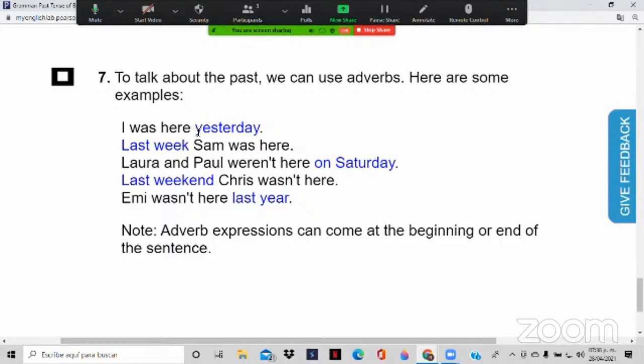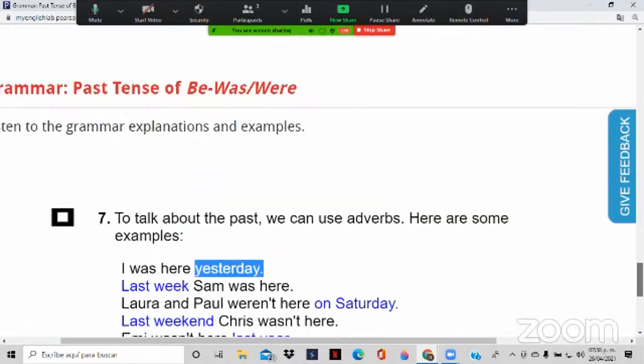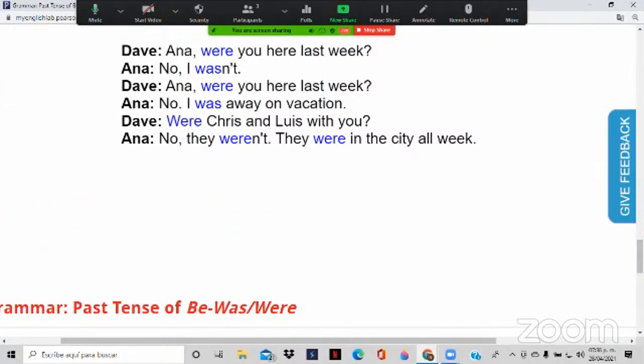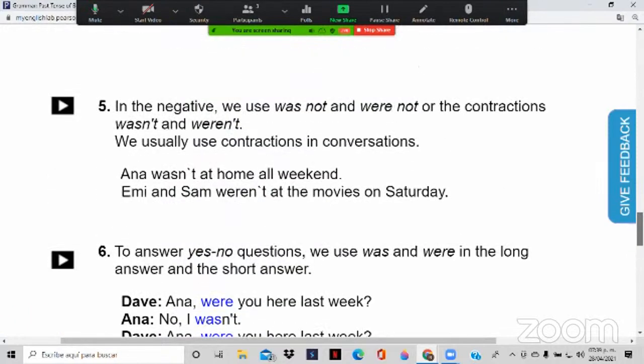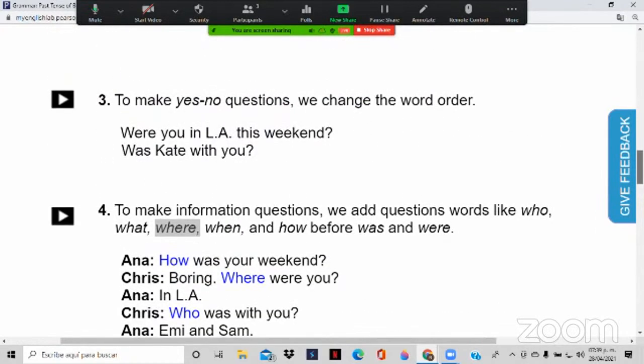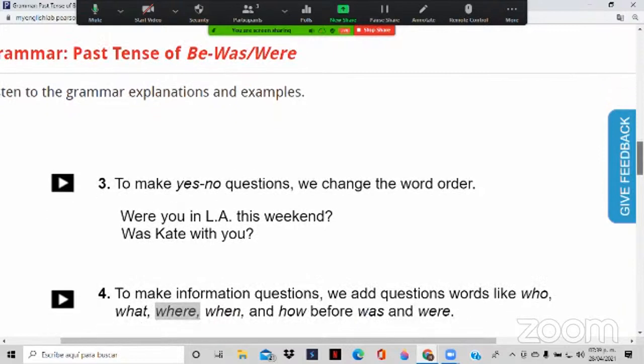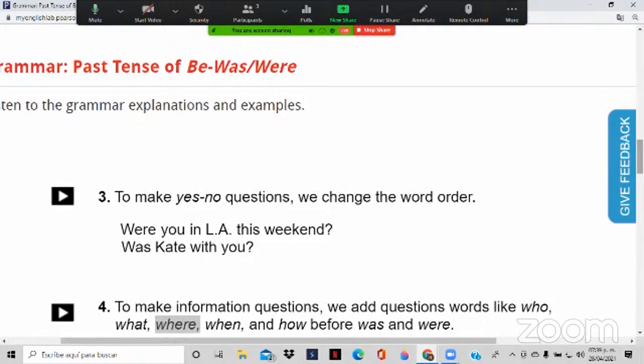Ok, good. Y estos adverbios también conocidos como time phrases, ok, que tienen que ver con el tiempo, pueden ir al final o al principio. Good. Bueno, y supongo que esto es la introducción y la explicación, al menos del verbo to be, en pasado. Pero como vamos a aprender a hablar en pasado, since we are going to learn how to identify past context, we are going to also learn about los dos grupos de los cuales vimos en el unit summary, ¿ok?